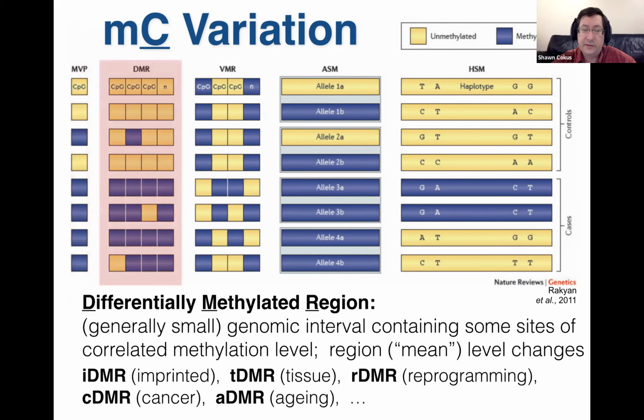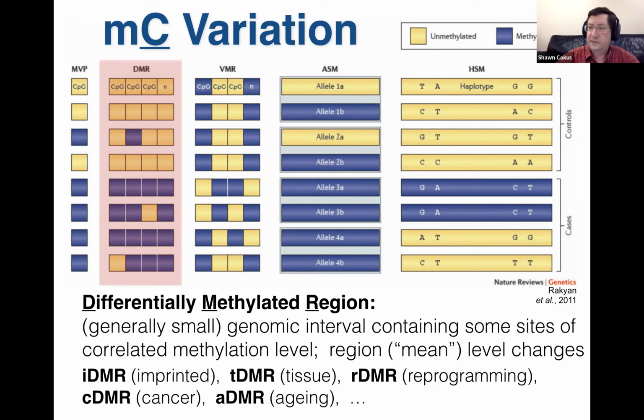Then we have DMRs, which are probably the most common thing that people are concerned with. And that's because generally individual MVPs are basically hard for us to measure in a cost-effective way, at least at the whole genome scale, and they can be biologically noisy. So one way we handle that is by passing to little intervals of them, especially since, say, CpG islands are in gene promoters and they pack a bunch of CpGs in a row, so you get to observe a whole bunch of them in a little localized area. So DMRs, differentially methylated regions, are generally small genomic intervals, like a couple hundred bases,